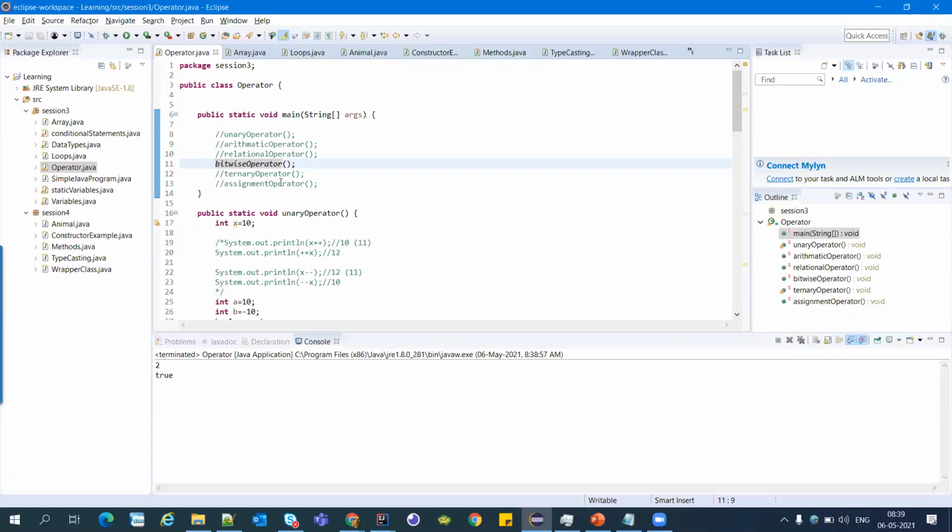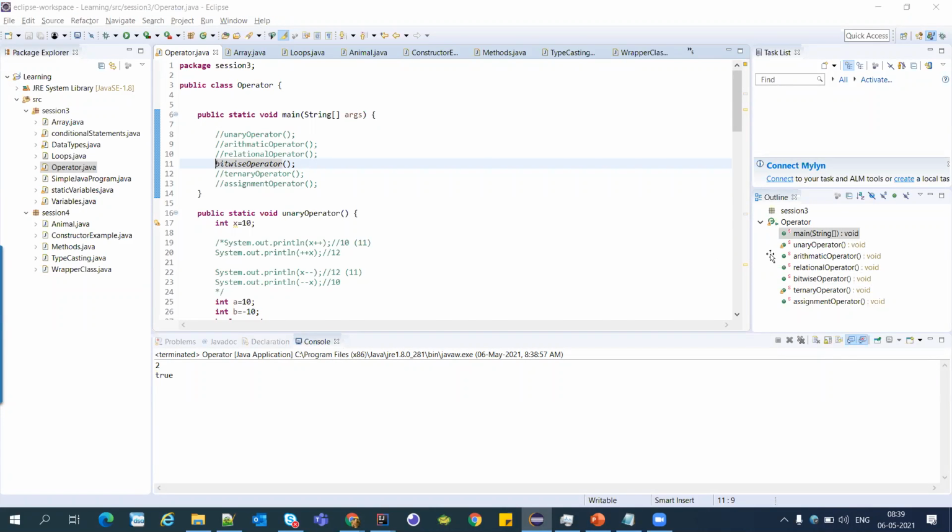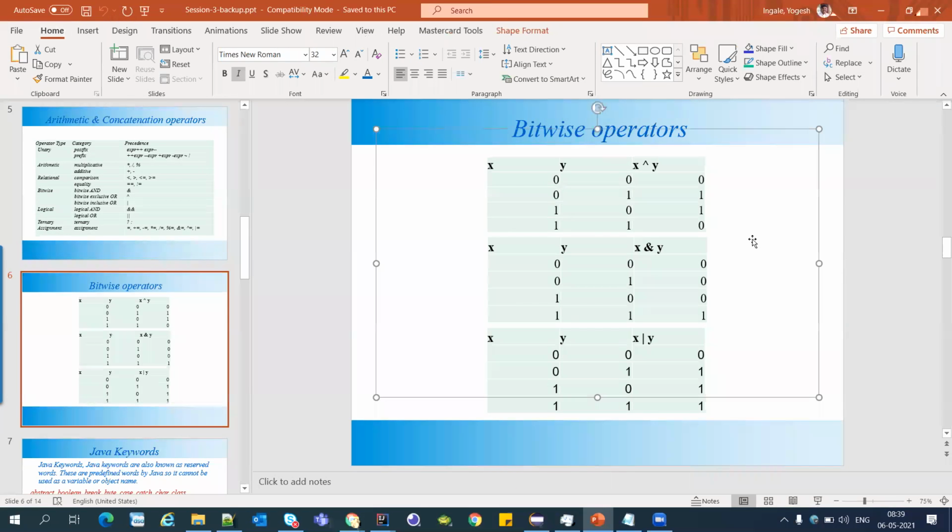Yogesh, can you open that slide again? Guys, just remember that for the caret operator, if you put the same value, 0 0 or 1 1, it will result in 0. Otherwise, it will result in 1. You have to remember it this way. For the AND operator, if you pass 1 1, then it will be 1, and otherwise it will be 0. Same for OR: if you pass 0 0, it will be 0. For others, it will be 1. Just remember it this way. Don't memorize the chart by heart.